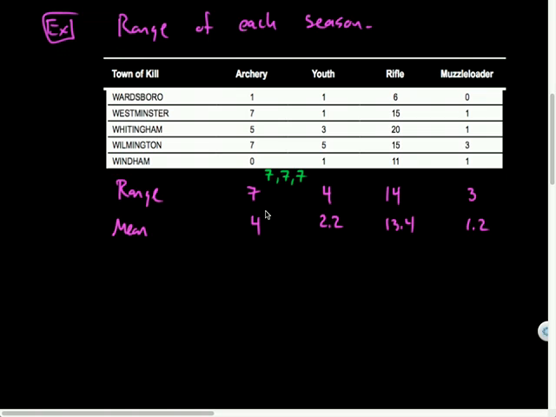So I just want to point out that the range isn't caring about where the middle of the data is. It's just saying how spread out it is, right? And range technically isn't telling us how densely populated the data is. If I had all of these 7s, I would say this is really top heavy the way this data is set up. It's just telling me how spread out it is.